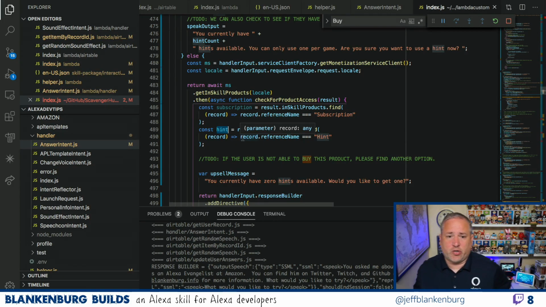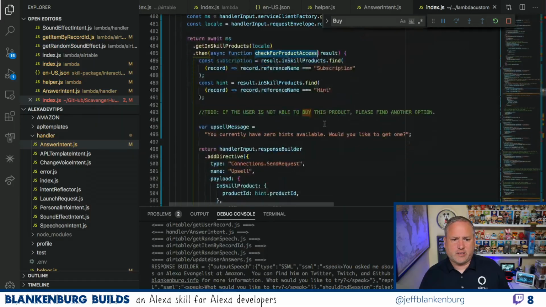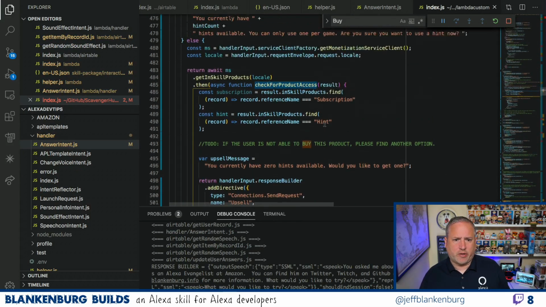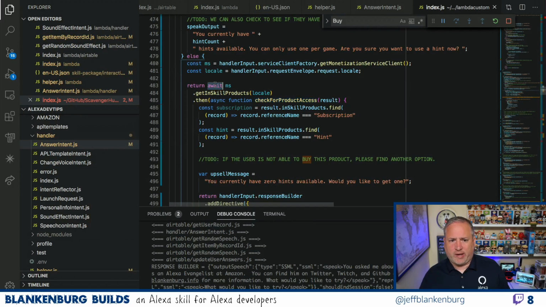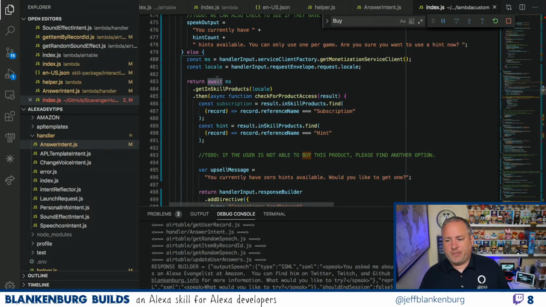Return await versus return: you have to do return await if you're doing something asynchronous inside. You can see that all of these things, this async get for product access, all of these things, I thought I had another asynchronous call in here too. The only time you need await is when you know that you can't do anything else until you get this response back.